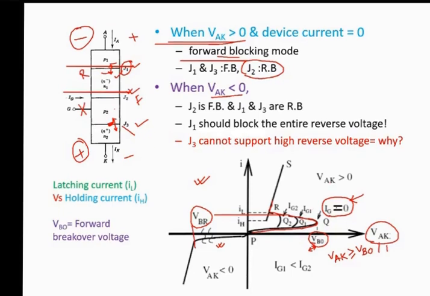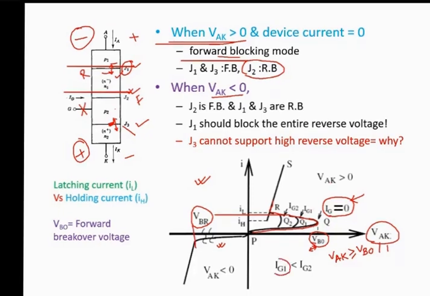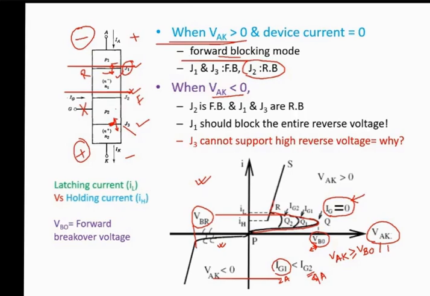And if you keep on giving some gate current, let's say you're giving some 2 ampere, just for number, IG2 could be say 4 ampere. So once you give this gate current, then this breakdown will take place at much lesser voltage. So if you want the device to quickly turn on with less anode cathode voltage, you have to give IG as high as possible.